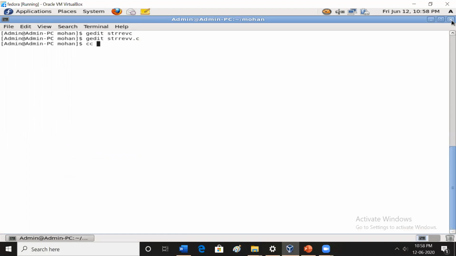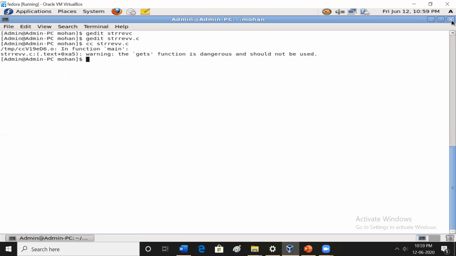cc space strrev dot c. First I will do compilation. Now this is a warning, don't worry about the warning. Dot slash a dot out for execution.